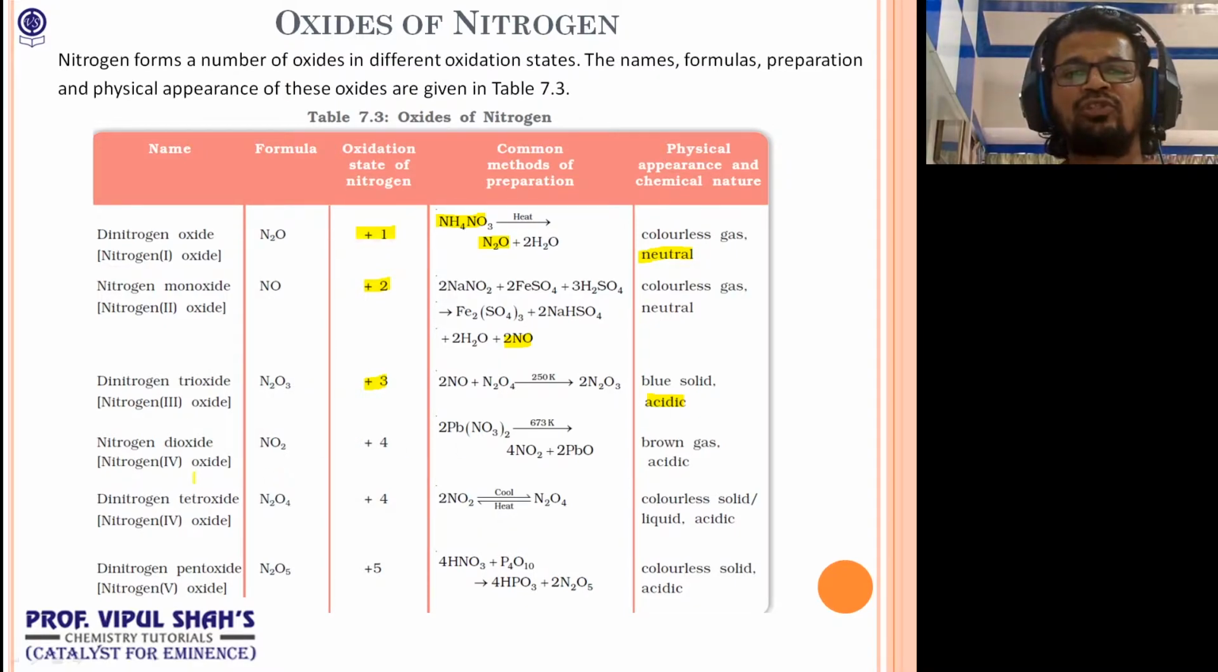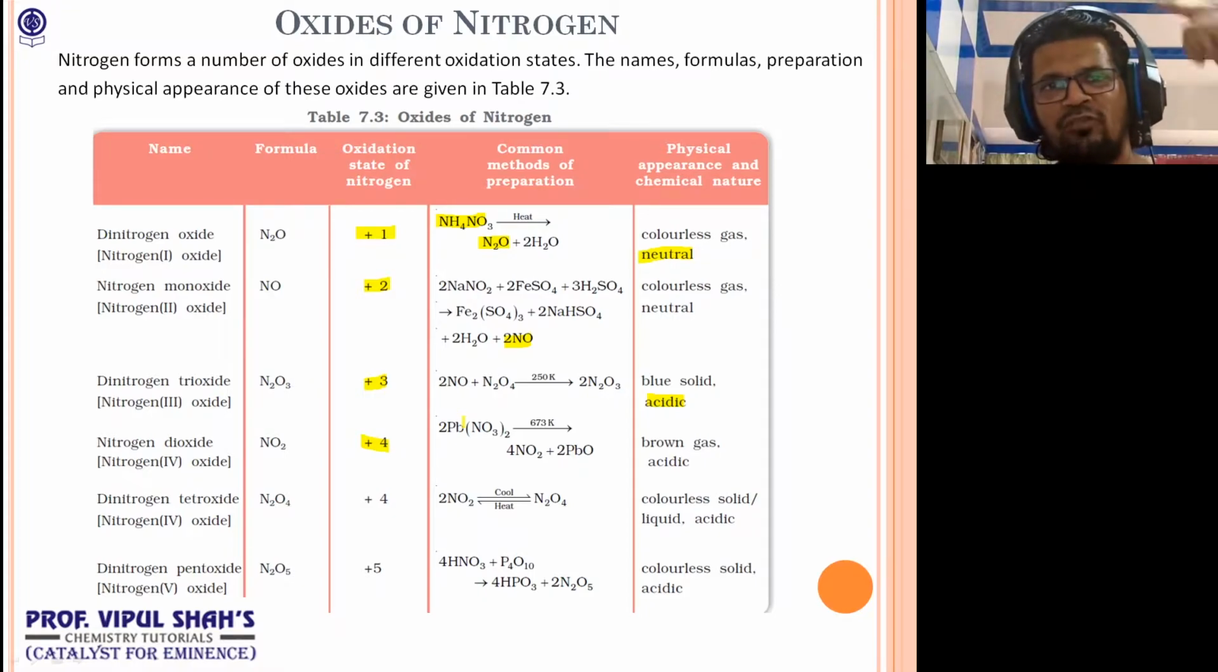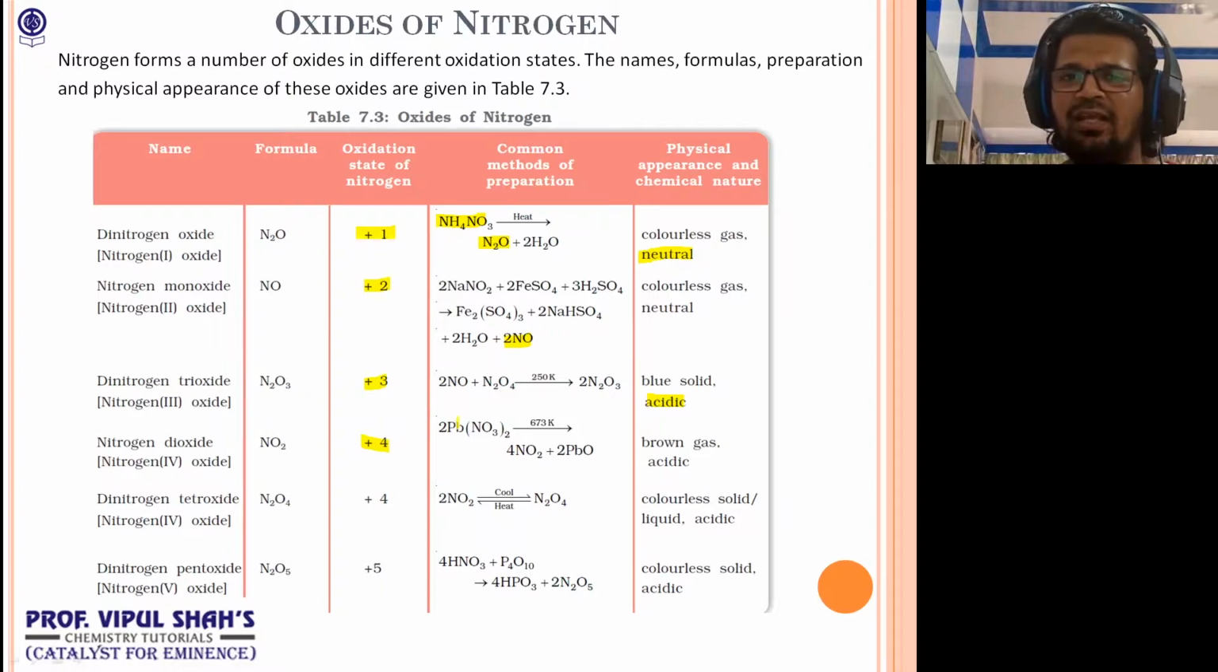Then we have nitrogen dioxide, NO2, when the nitrogen oxidation state is +4. This is from lead nitrate, where lead is in +2, because lead, if you remember, is a group 14 element with the inert pair effect, giving more stability in the +2 state rather than the +4 state. So lead in +2 is more stable. So lead nitrate, when you heat it at a high temperature of 673 Kelvin, gives nitrogen dioxide and PbO. So lead nitrate is converted to PbO and we get NO2 gas, which is a brown gas,